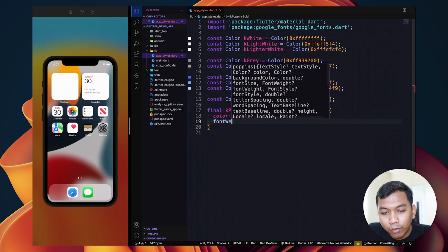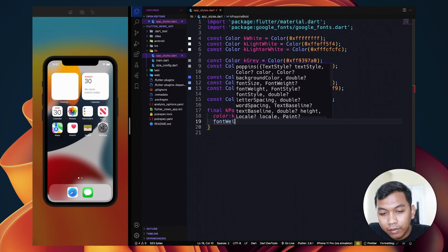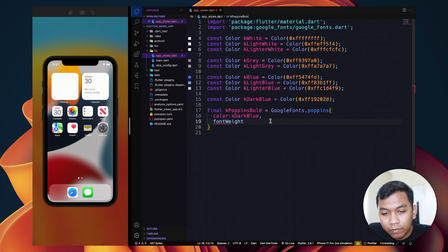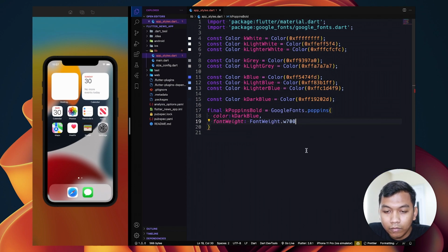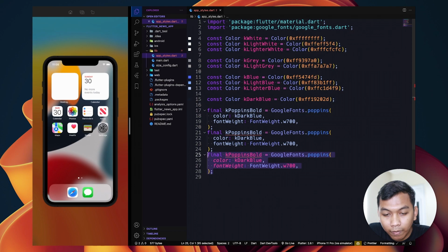Because it's bold, the font weight will be 700. It looks like this. So this is the first, and just copy this.